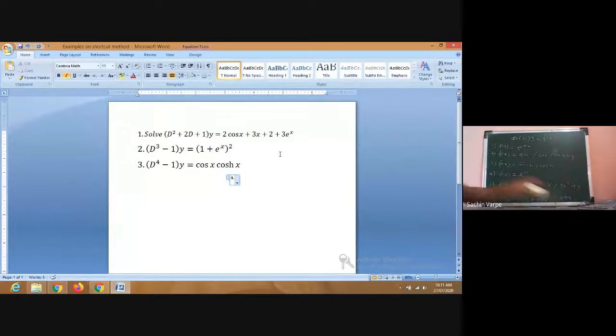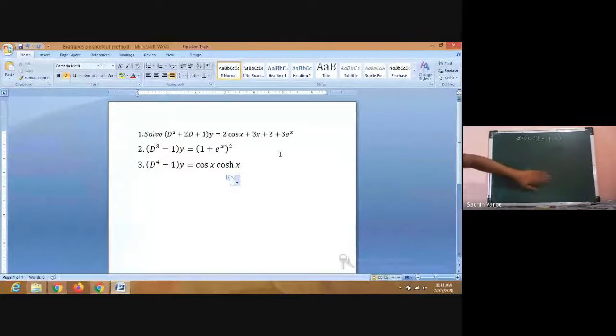Now, first of all, get the complementary function, because the complete solution of the linear differential equation with constant coefficient phi of d into y is what? CF plus PI, complementary function plus particular integral. So such examples will be asked in the final examination. Combination of shortcut cases. Here is the combination of shortcuts: cos, then polynomial and exponential function, isn't it?